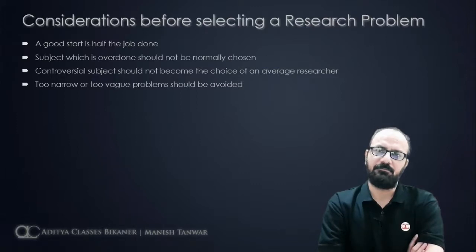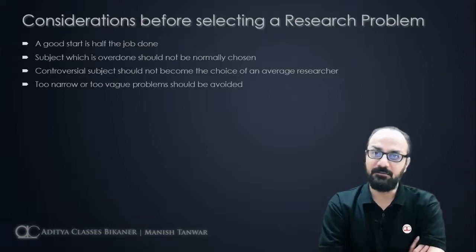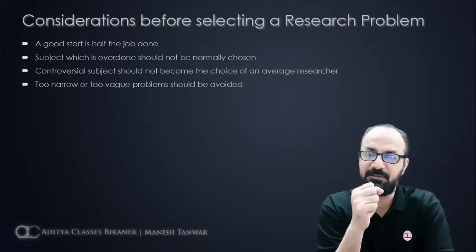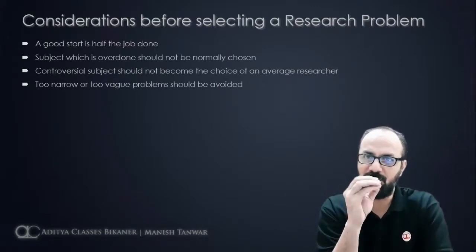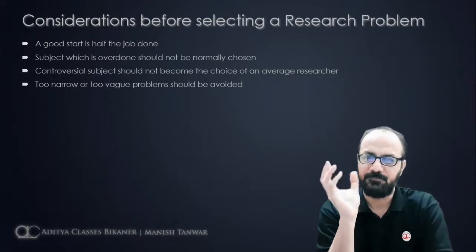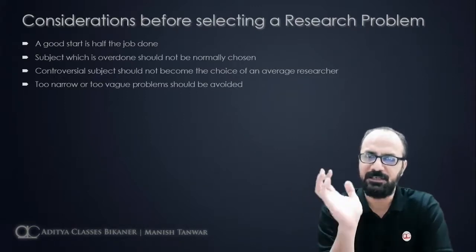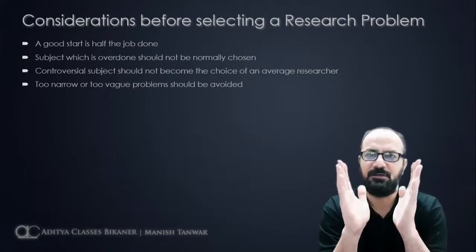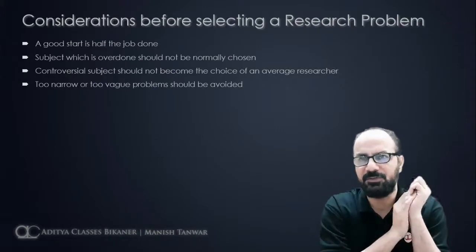Now say I wish to buy a plot somewhere in India. This is too vague. How will you find a plot in India? India is too big a nation to search across its length and breadth. Not possible. So, not too vague, not too narrow. I wish to buy a plot in Bikaner within a range of 40 to 60 lakhs. Now, this is a very crisp, focused range. You will get 100, 200, 500 plots in this range.